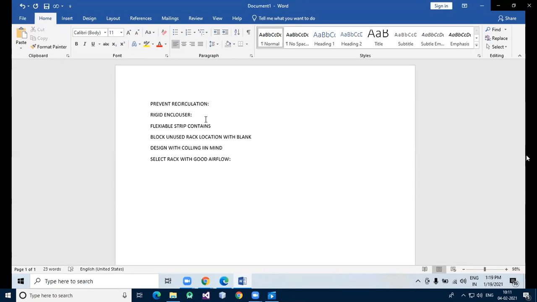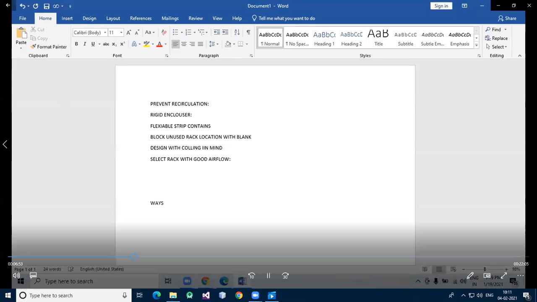What are the ways to cool down devices that generate heat? So let's see the ways. Okay, so what are the ways to cool down devices which generate the heat, right?